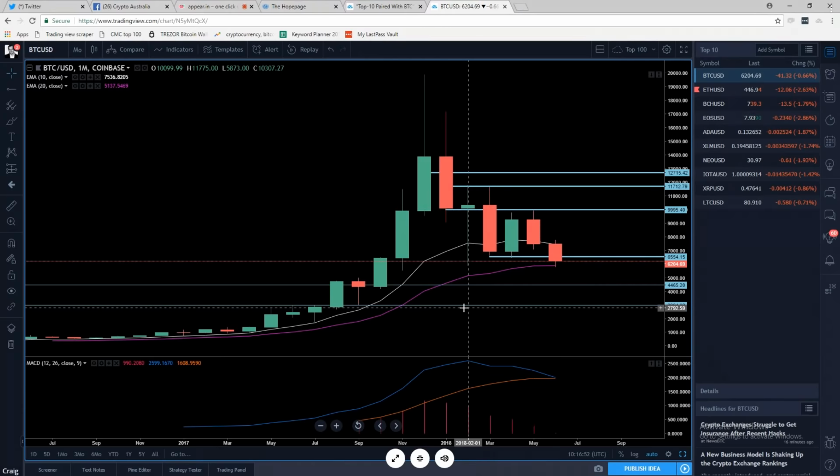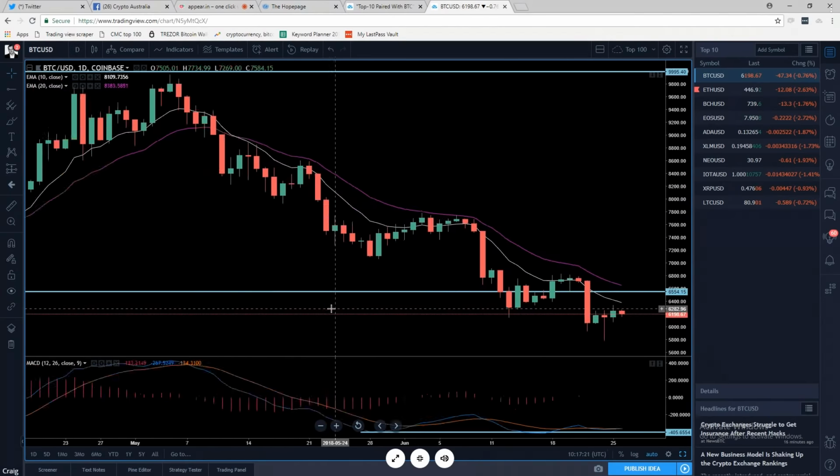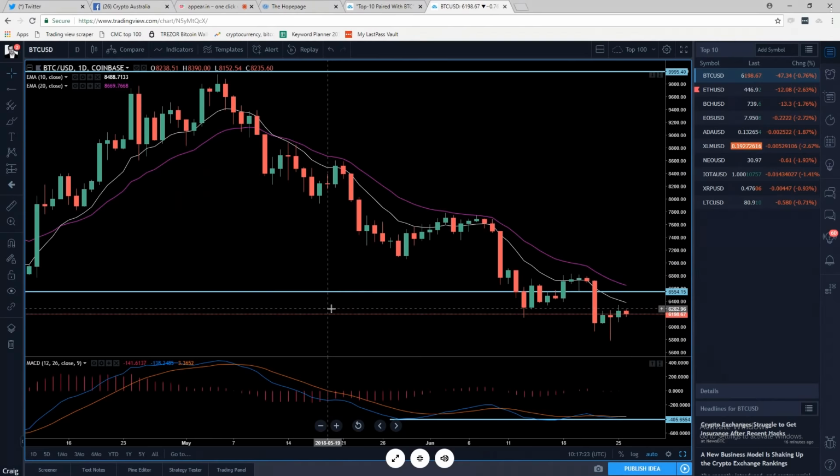So across the daily, we're in a downtrend. The weekly, we're in a downtrend. The monthly, I wouldn't call it a downtrend because it's not really been pulling back that well, but it's definitely a lot more weak than it is bullish. So it's very difficult right now to have anything other than a split view. Investor, I am long, I am bullish long term. Trader, there is nothing bullish from my point of view right now on Bitcoin and the top 10, really.